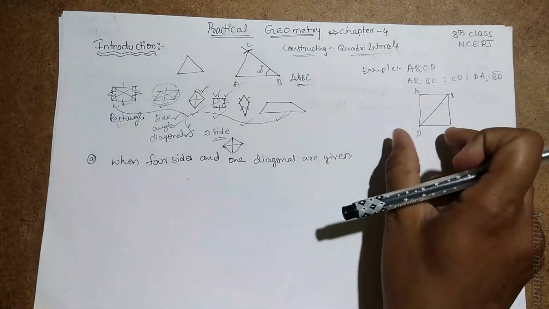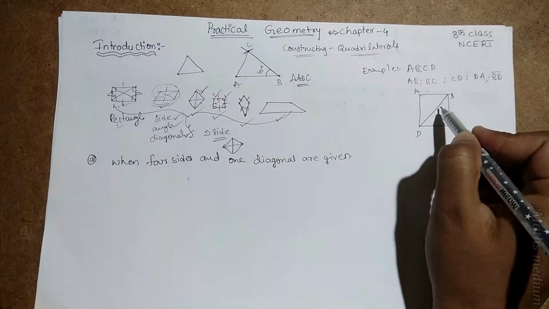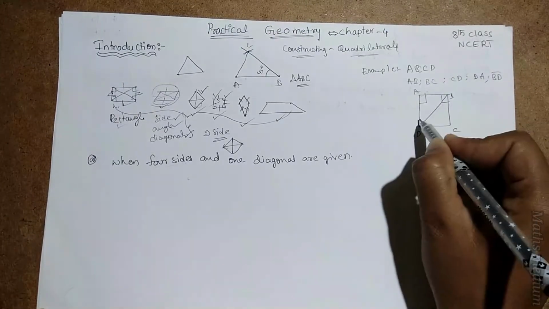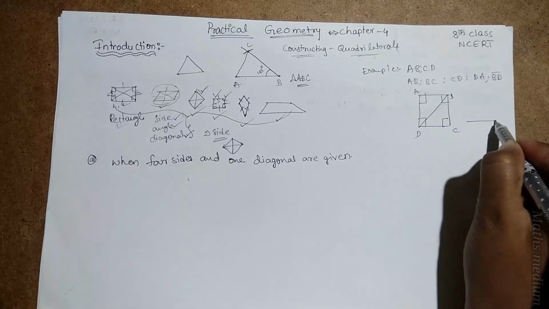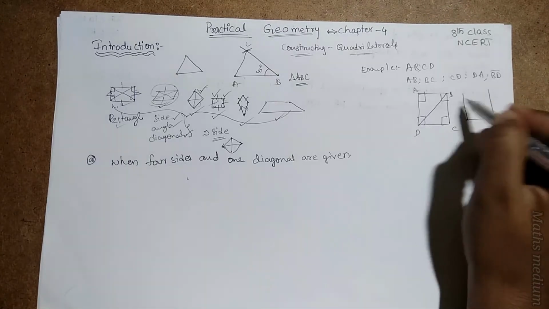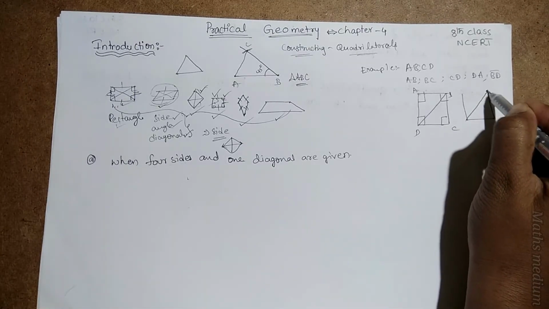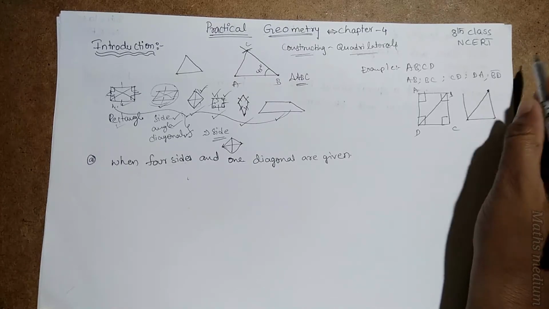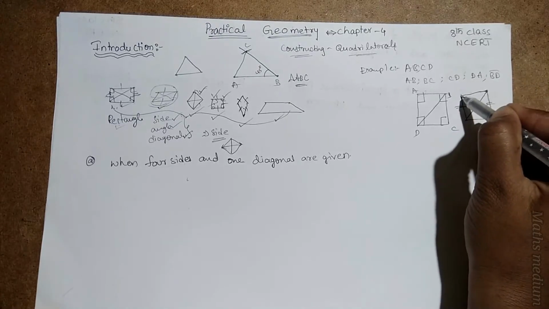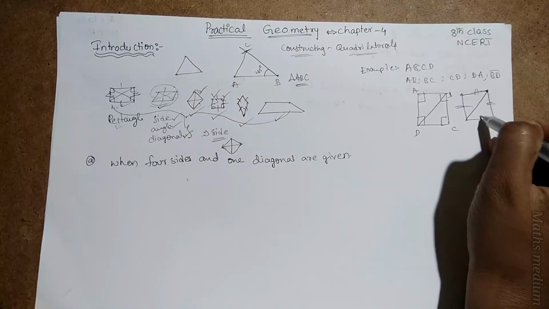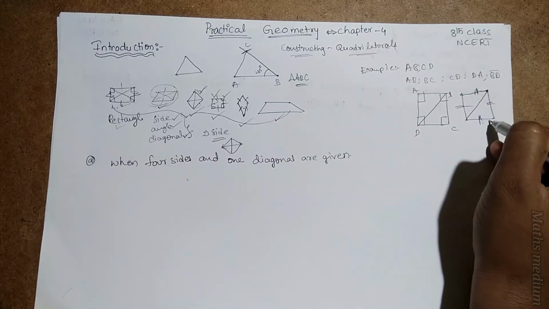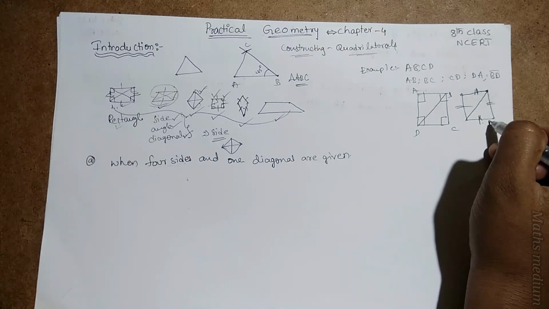So we have to construct a quadrilateral. By using these, we construct a rectangle easily because in a rectangle we have 4 right angles, right? So we have to choose one base and make 90 degrees here, here also 90 degrees, and make a diagonal with this. Here is the point, and measure the length of one side. Because opposite sides are equal in a rectangle, we have to move this line to get a line parallel to this line, and it is also equal to the base we took. So this is the construction of a rectangle with the 4 sides and one diagonal.